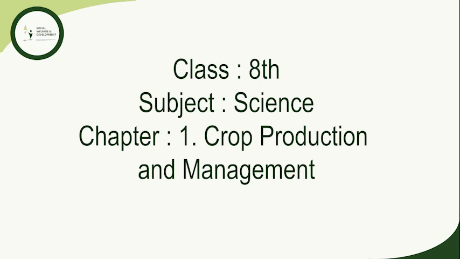So the next part is harvesting. Harvesting of a crop is an important task. The cutting of crop after it is mature is called harvesting. In harvesting, crops are pulled out or cut close to the ground. It usually takes 3 to 4 months for a cereal crop to mature.